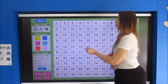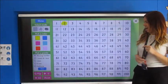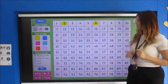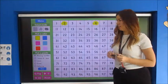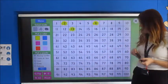Number 2. Splat. Number 6. Splat. We're going to get some bigger numbers in here now. Number 13. Splat. Number